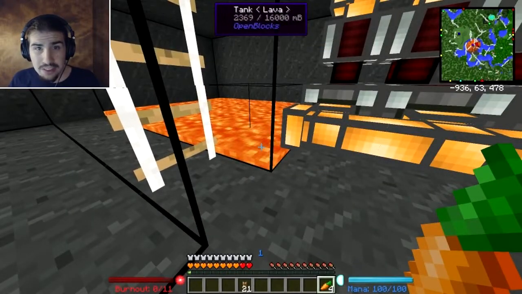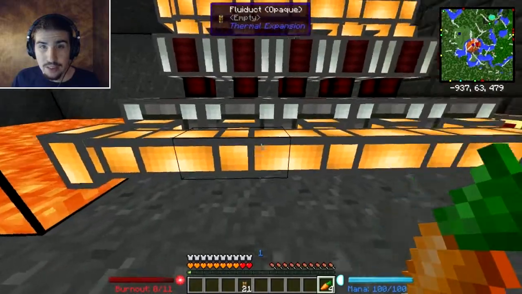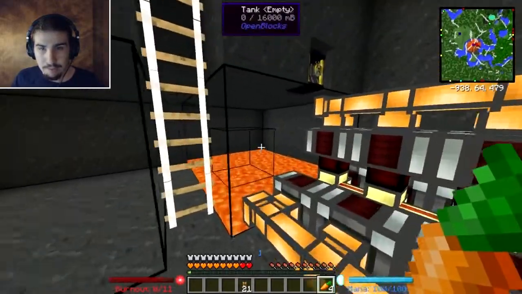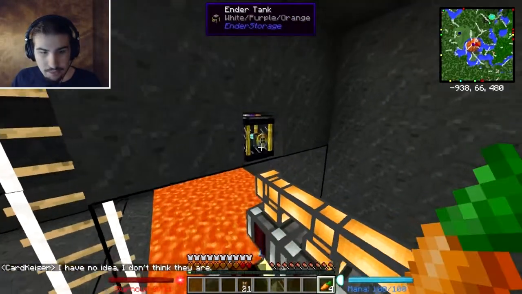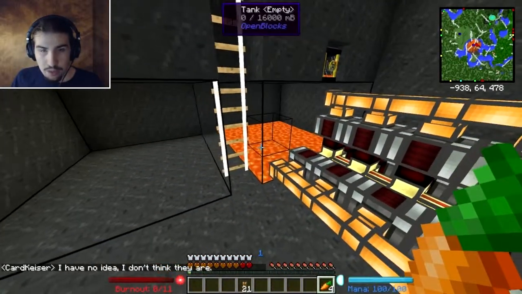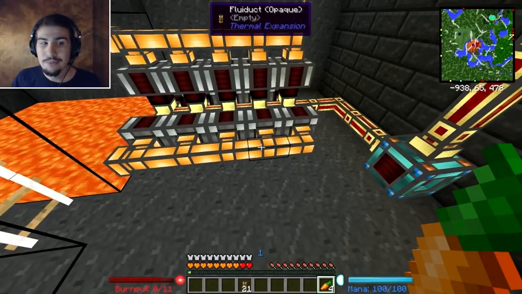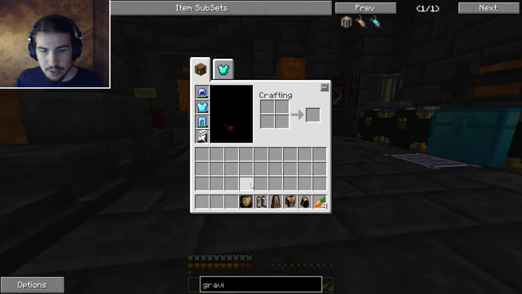Okay, apparently it's doing something, because the lava's still rising. My guess is it hasn't got enough lava in the tank to power the machines yet. And the lava's instantly draining out of there. If I turn this, it should go back to... Yeah, it's filling up with lava. So, apparently I just made too big of a tank, so it's going to take a while to catch up. Fantastic! Okay, I think you could actually put a spell...